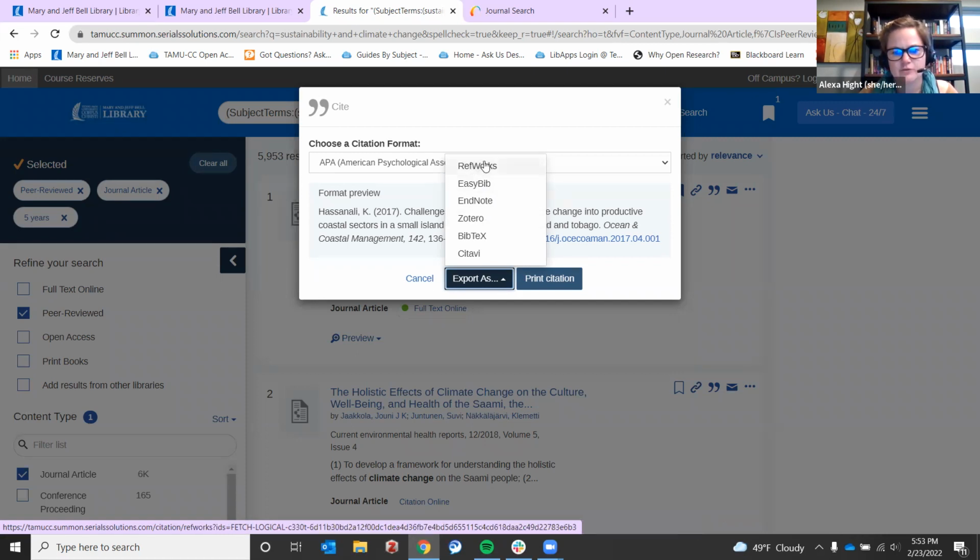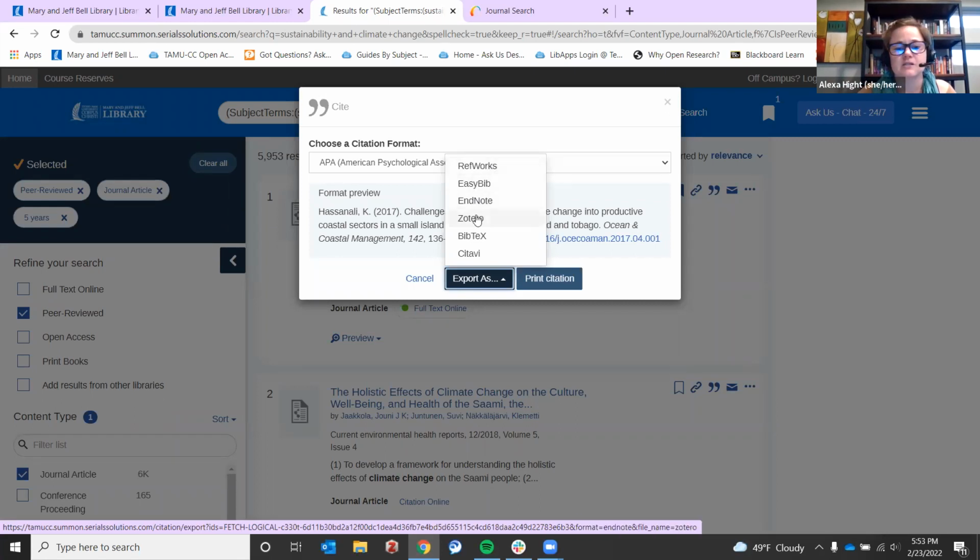But we also have RefWorks. The thing about Zotero that I like is that it is a free citation management system. RefWorks, we do have access to institutionally, but once you leave the institution, it gets tricky as to whether you can access what you've saved in RefWorks.